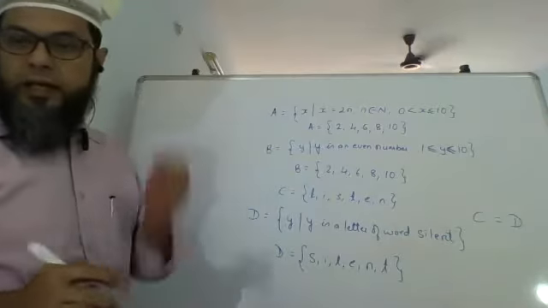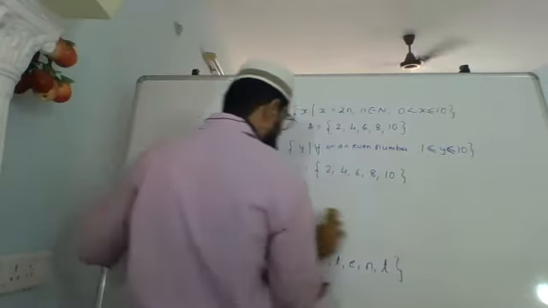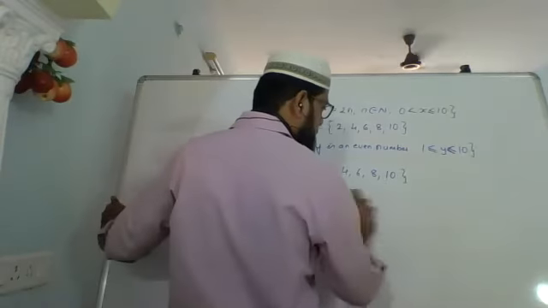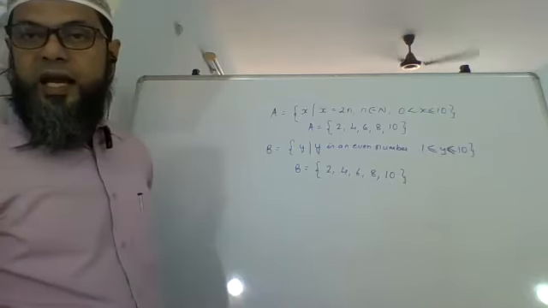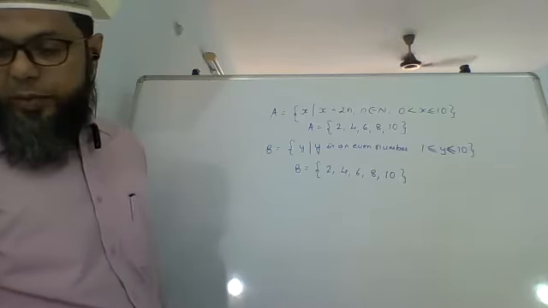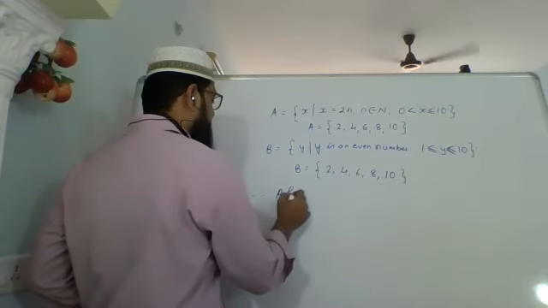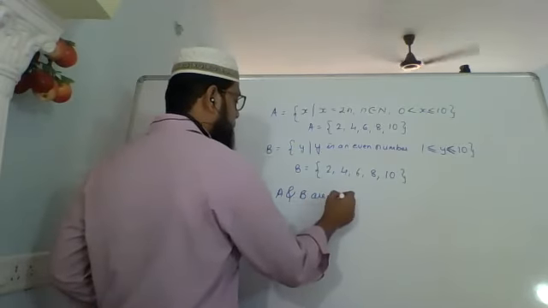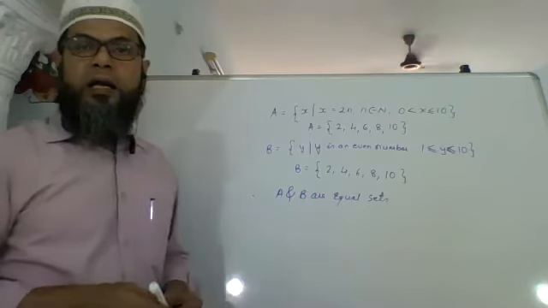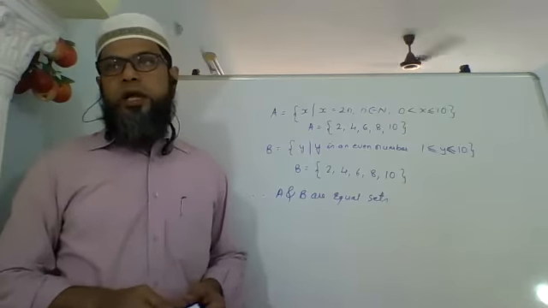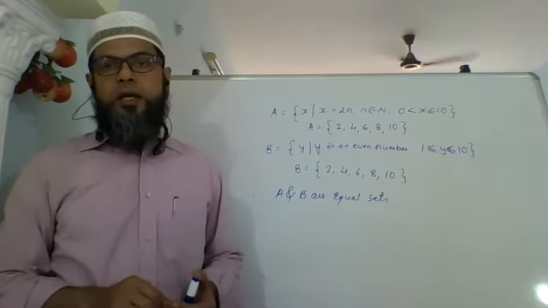So now you will see that A and B, now you can check for the elements whether they are equal or not. All the elements are there? Yes. Same? Yes. What is there in A is there in B? Yes. What is there in B is there in A? Yes. Therefore, A and B are equal sets. Are we clear?